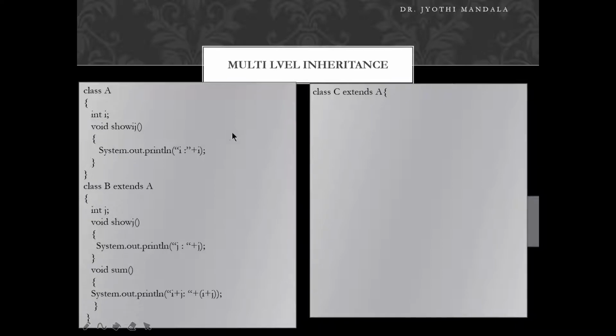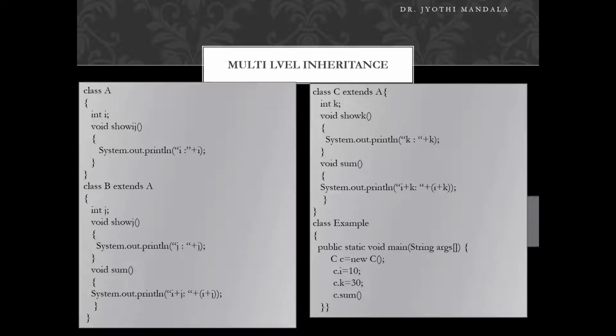We can have one more class called class C, which is also extending the properties of A. That means B is getting the properties of A and C is also getting the properties of A. You need to understand that if one class is already getting the properties of another class, it is not confined to that class only. Another class can also get the properties of the same class. To understand this, hierarchical inheritance is used. So this is hierarchical inheritance, make a note all of you. Now this class has its own variable and its own method, and it has one more method under this.